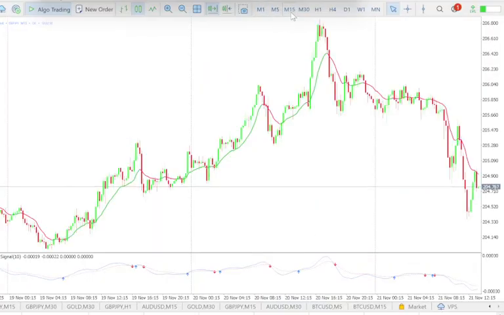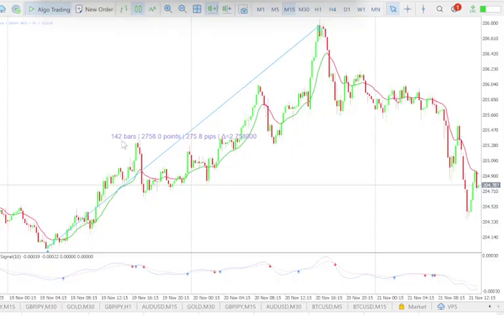If we go on the 15 minutes chart, I want to see here how many pips the GBP yen went up. I point here and here, and I see during 2 days, 142 bars, the GBP yen managed to go up almost 300 pips. Here you see